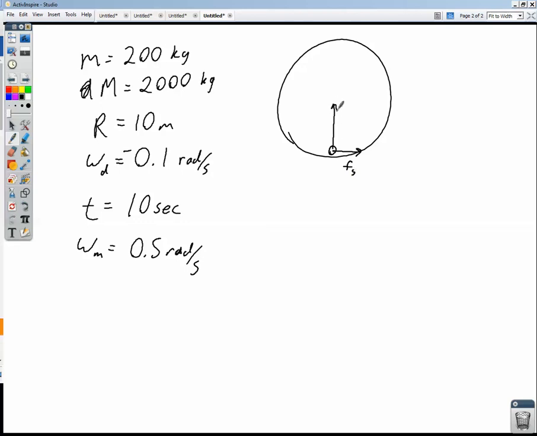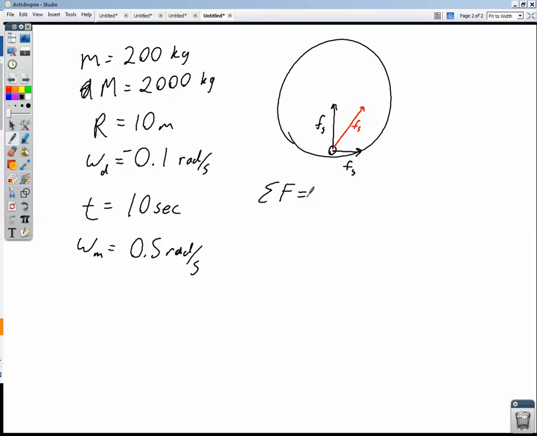We also see that there needs to be a component of friction going in this way to give the motorcycle the centripetal force needed to go in a circle. So the actual force of static friction is going to be going at an angle, something like this. All right, so we've got two equations here. We know that the sum of the forces acting on the motorcycle are going to equal